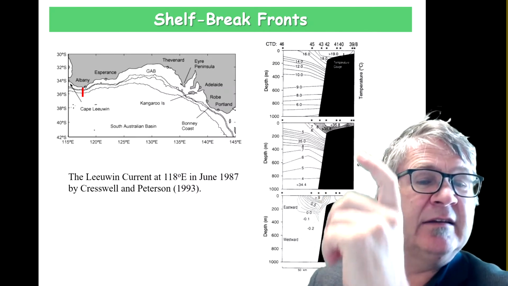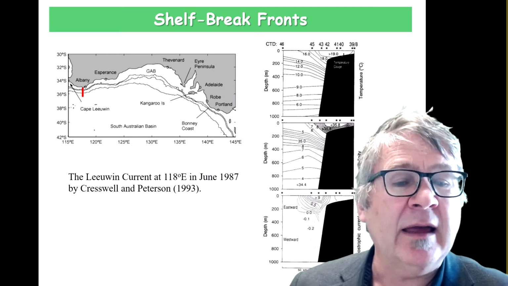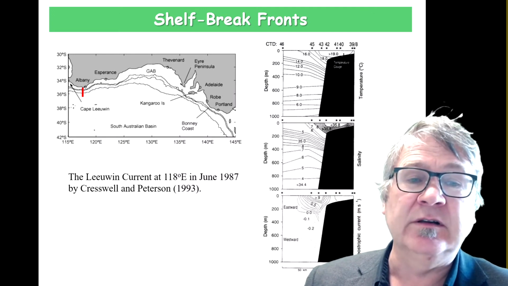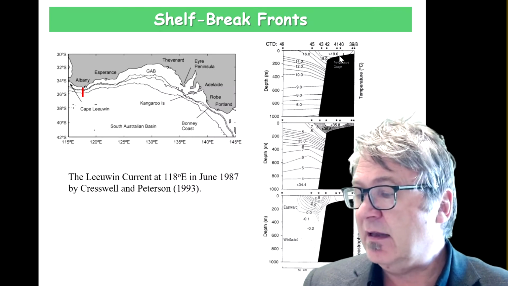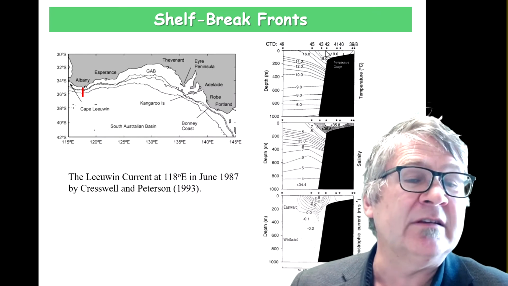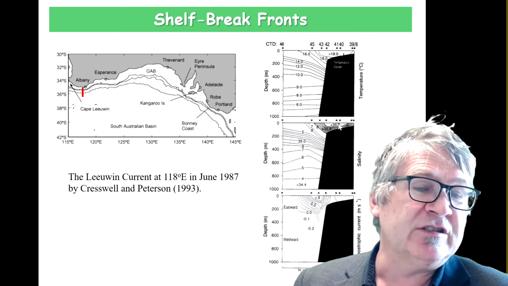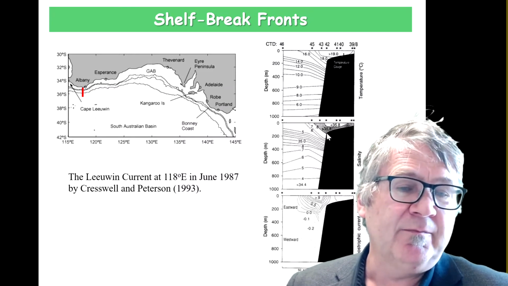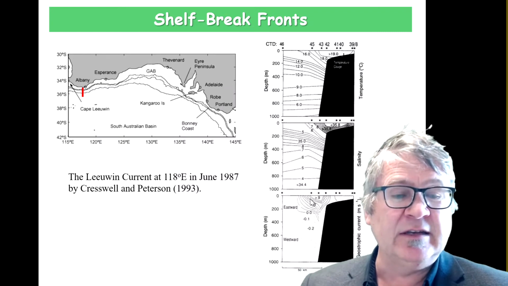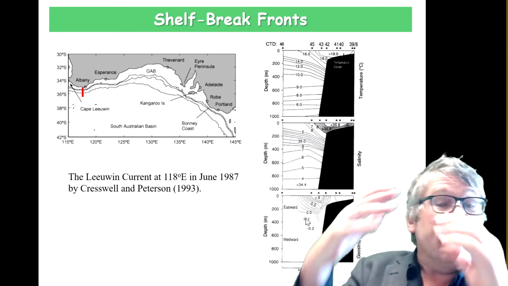So temperature, salinity, again, you can see it's warmer and lower salinity, the Leeuwin Current, and you can see horizontal gradients. So let's have a look. Okay, you can see they're slightly offshore, but this is what we call a shelf break. Okay, shelf break front, where the shelf break is, you can see the shelf. This is where the current runs, and